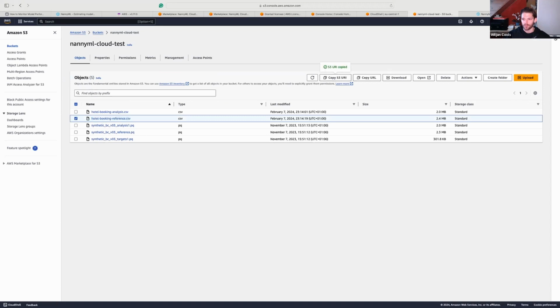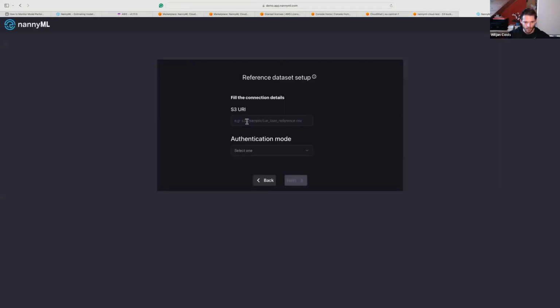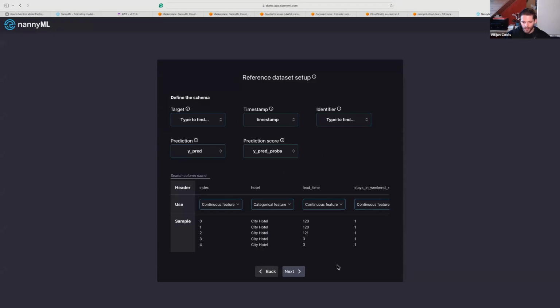Copy the S3 URL, and then we can paste that there. And this is the reference data. So in order for us to do successful model monitoring, we have to establish a reference period where nannyML will look at, establish a baseline. This is typically a golden data set like the test set, where we know that the model is behaving as expected. And then nannyML will read in some of that data, and then we actually can configure this data set